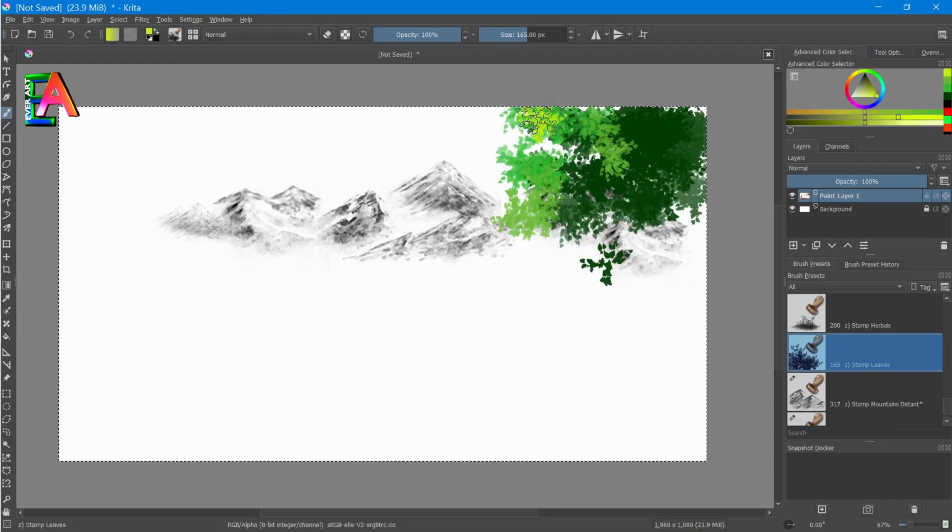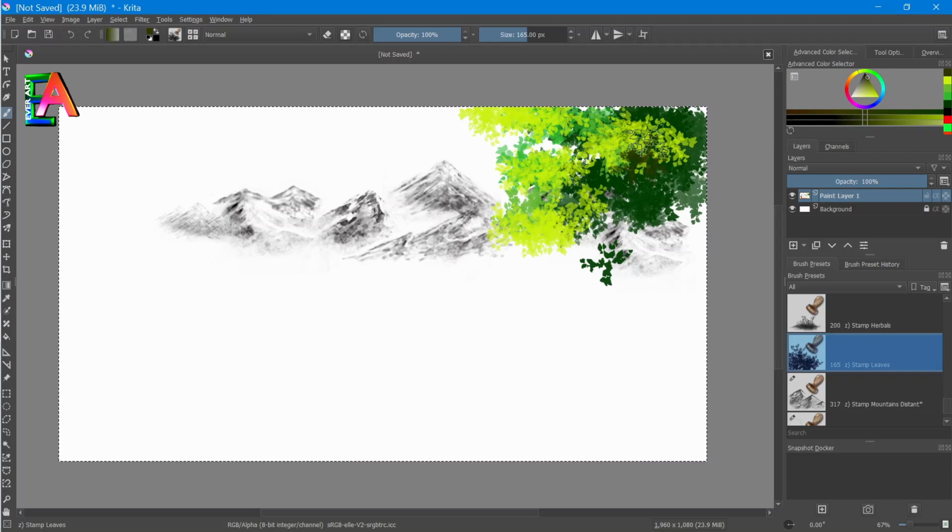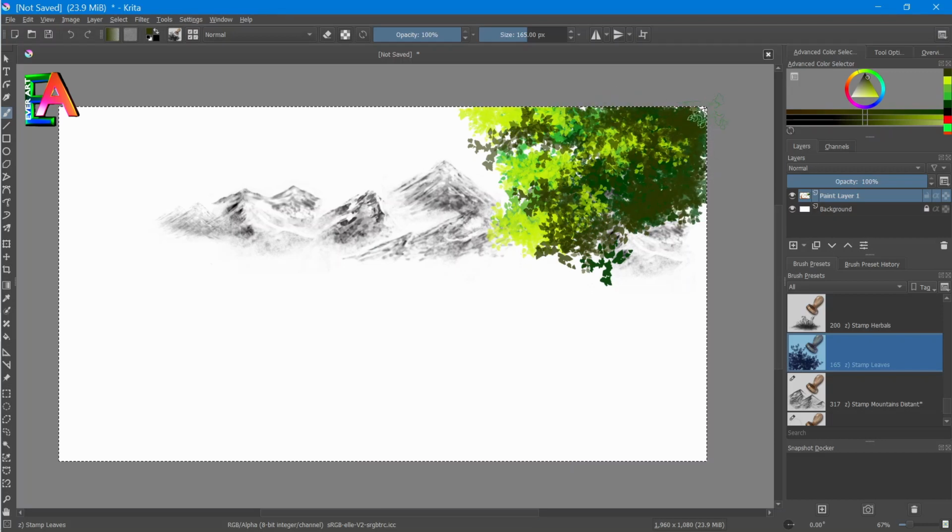So you can use it like this, and in this manner you can easily draw any kind of trees, any kind of bushes, etc., and just change the color to make several patterns and several colors of it. This will help to make a lot of realistic trees here and also forests.